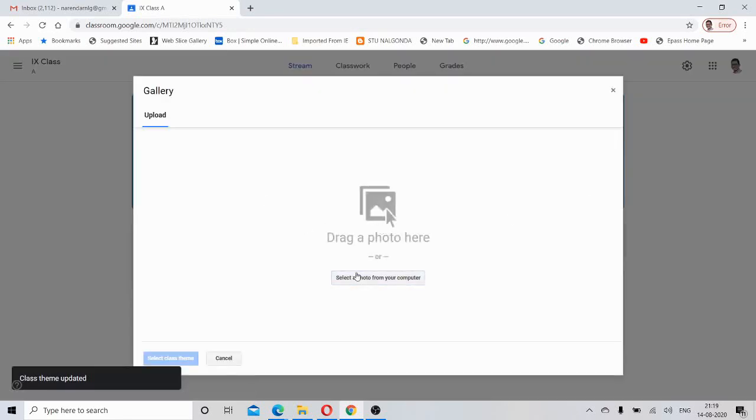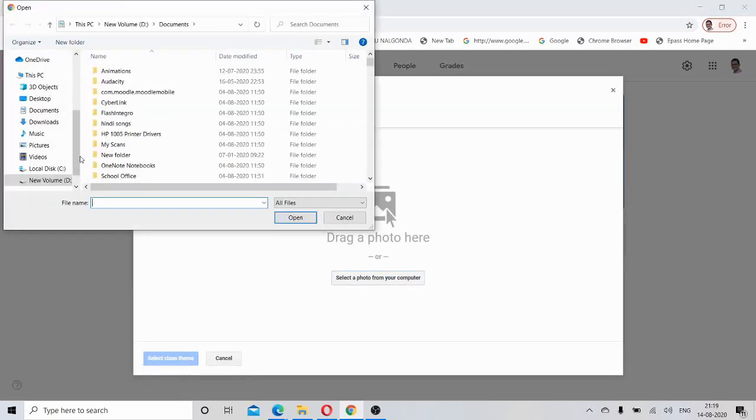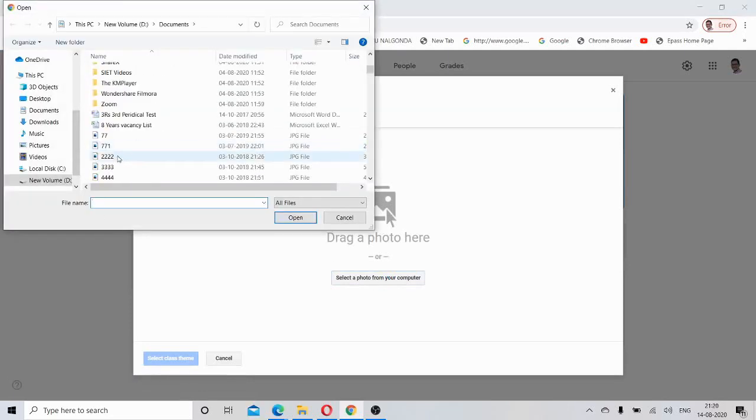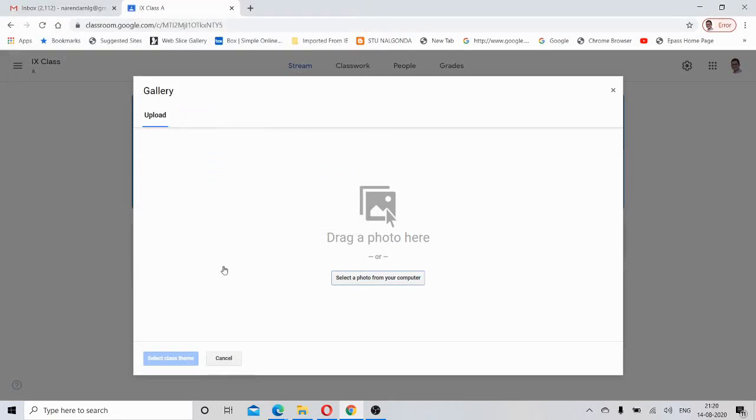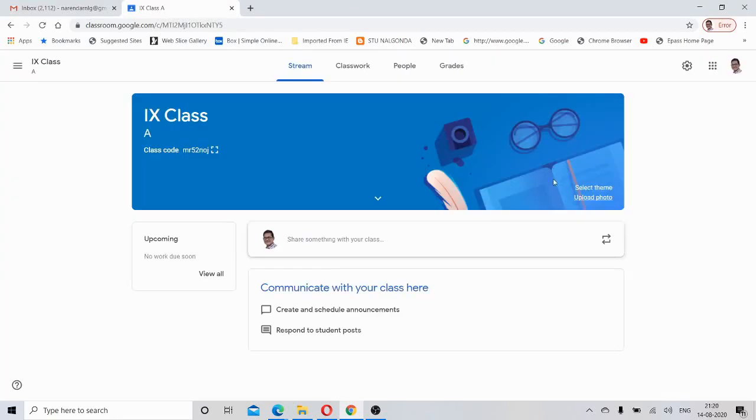Now even you could upload a photo. If you want to upload a photo of your school, or if you want to upload any photo, you can just click select photo from your computer, go to your drives and select the particular file, and after that select the class theme, and you should upload it.